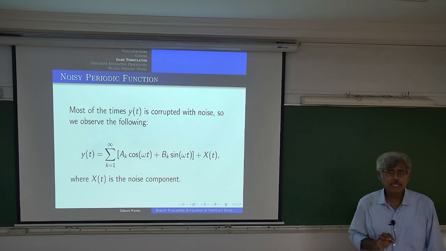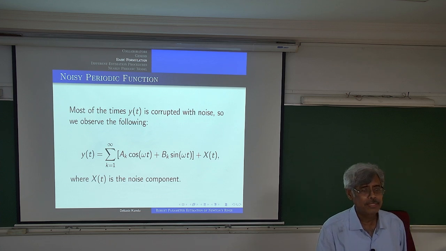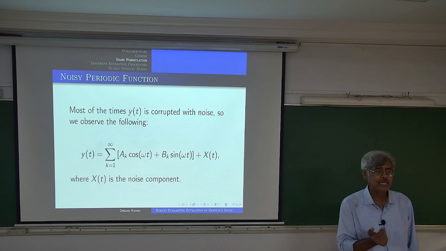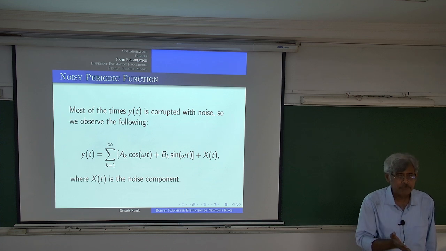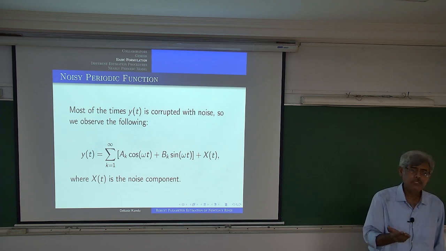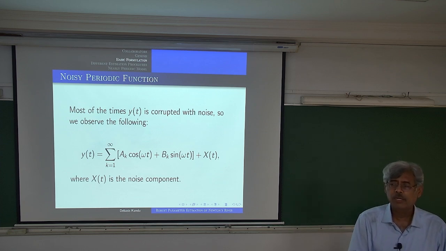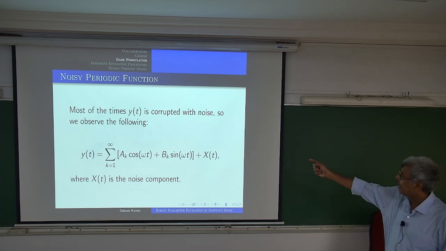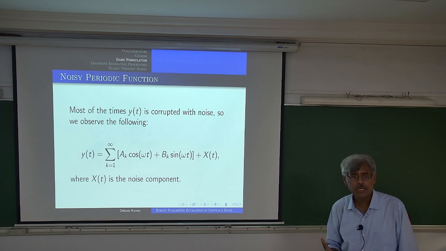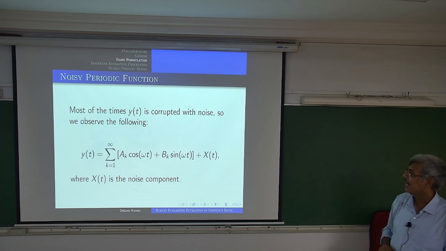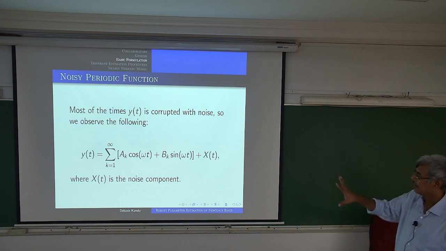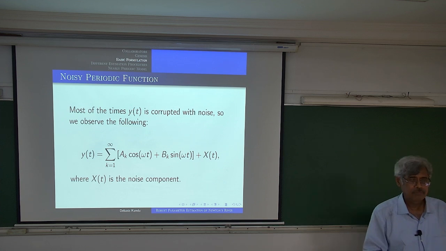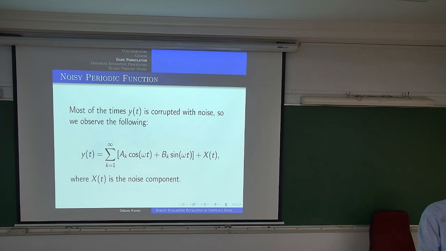But what happens when we come to real life? That's where the statistician comes into the picture. When you are looking at a periodic signal, of course, you may not observe exactly the periodic signal. You are always going to observe it with some noise. You have this term x t, which is a noise component. So what you observe, the y t's, is the periodic signal sitting there, but associated with it you have plus x t. You have your signal there.